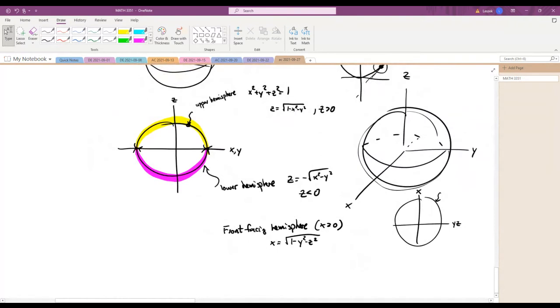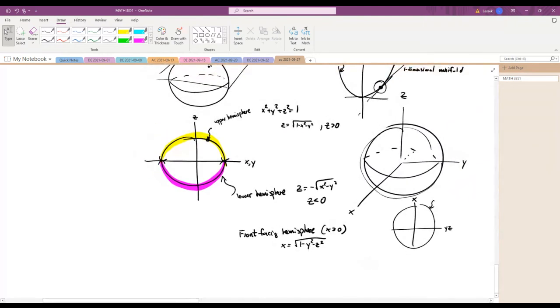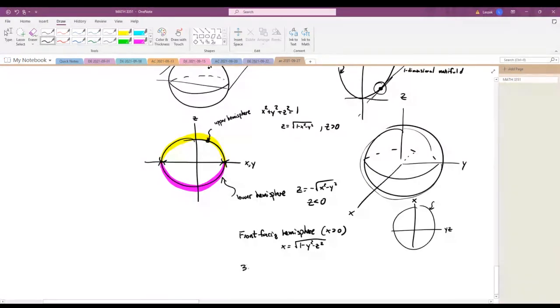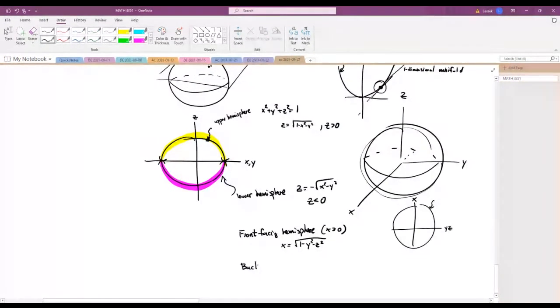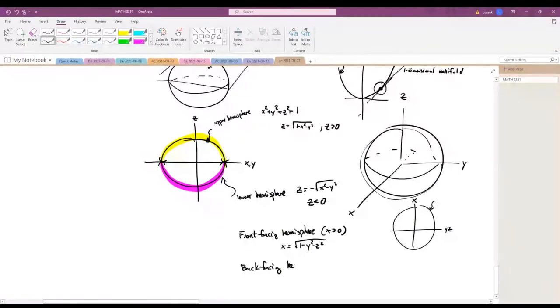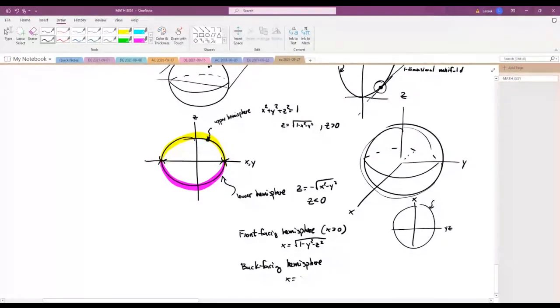1, 2, 3, 6. Now let's see why. Because we've just covered the front-facing hemisphere. Now the back-facing hemisphere would be where X is negative, right? So X would be the negative of